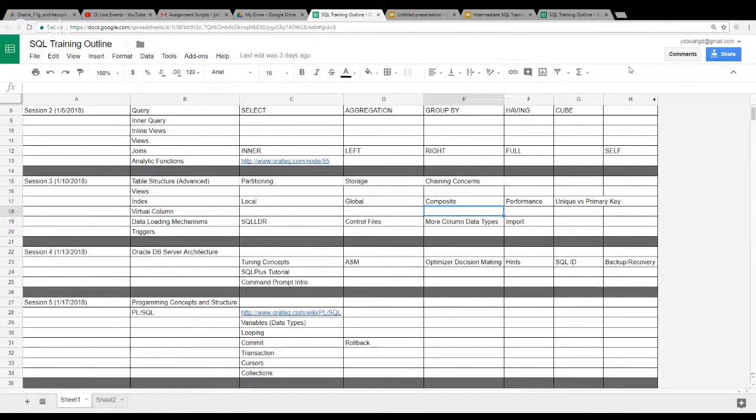So the last session, we did introduce, try to discuss, or at least get into detail about, certain advanced topics in terms of table structure as a database object. And we discussed partitioning, and along there we mentioned storage and chaining concerns. That was like the only new thing that was introduced last session, which was Wednesday. I know, Cyril, you missed it, and I don't know if you got a chance to watch the video. Yeah, I watched it. I had a rough idea of what was discussed, partitioning and indexing, stuff like that.